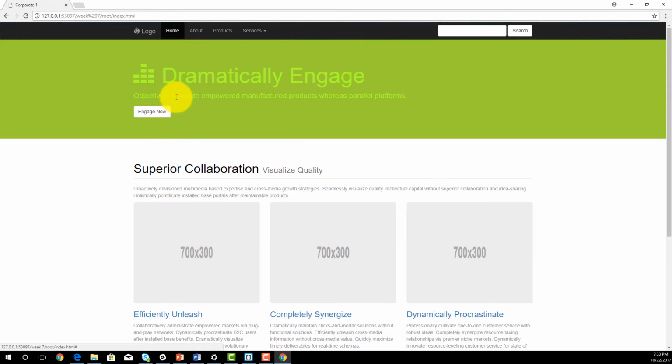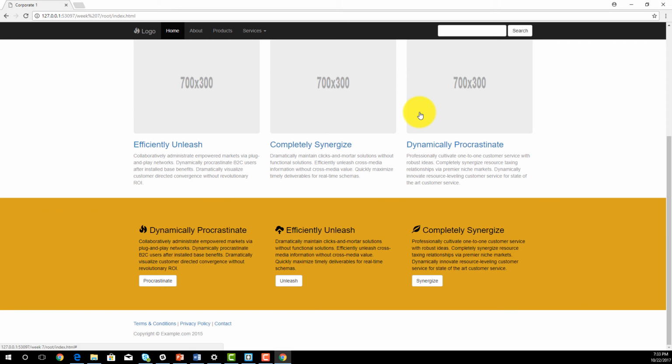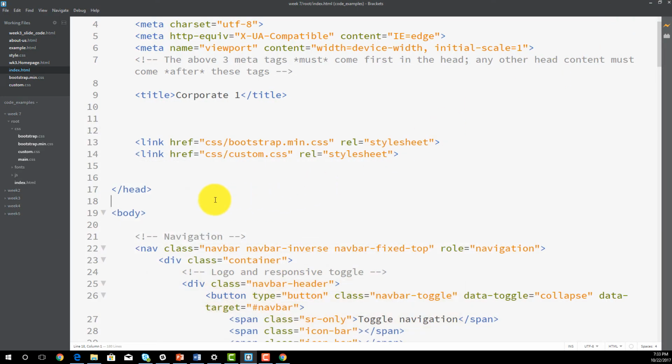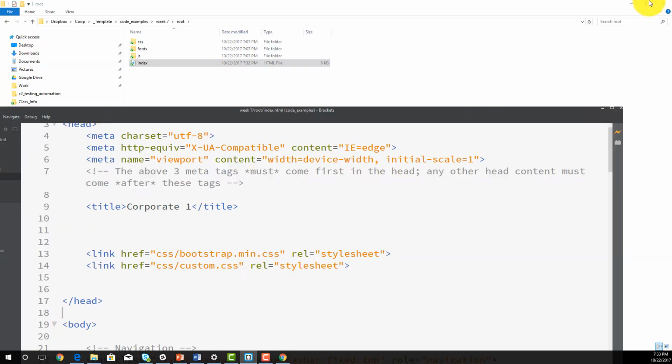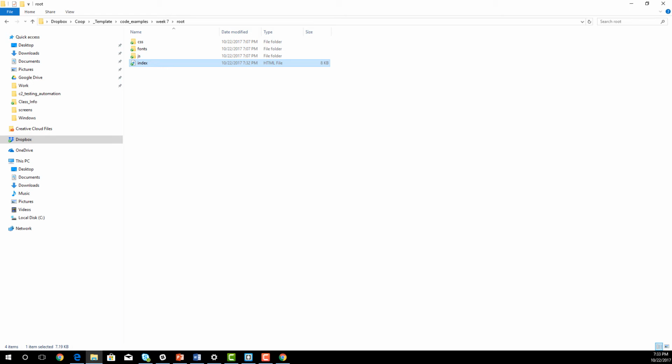You don't need the Bootstrap to build something like this. It would be a lot more work, but it's possible. So I hope that makes sense. I hope that gives you a better feeling for what CSS looks like and how that should function and how powerful it is for your websites going forward. With that, we could talk about